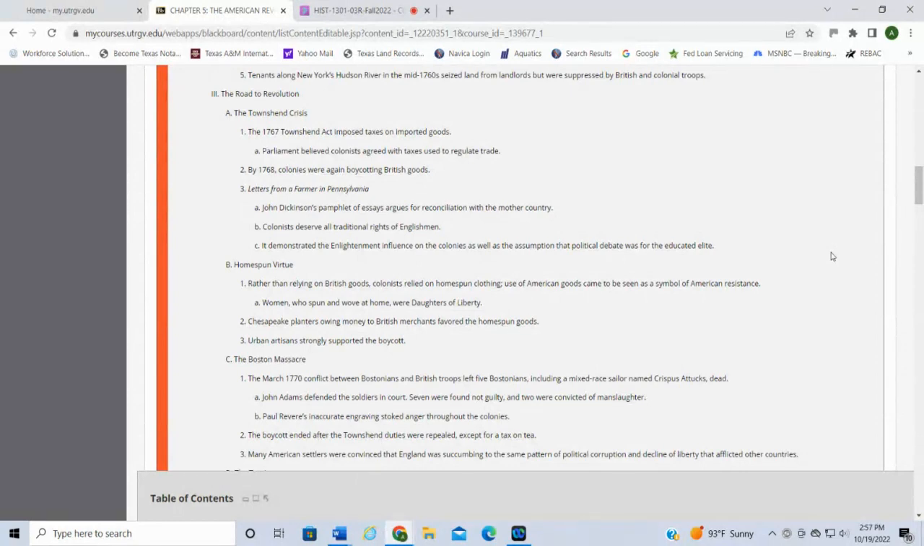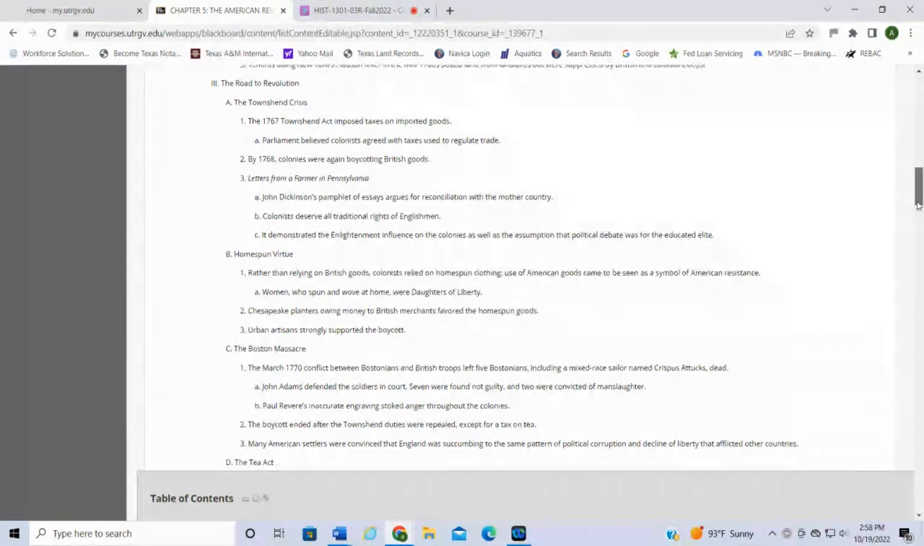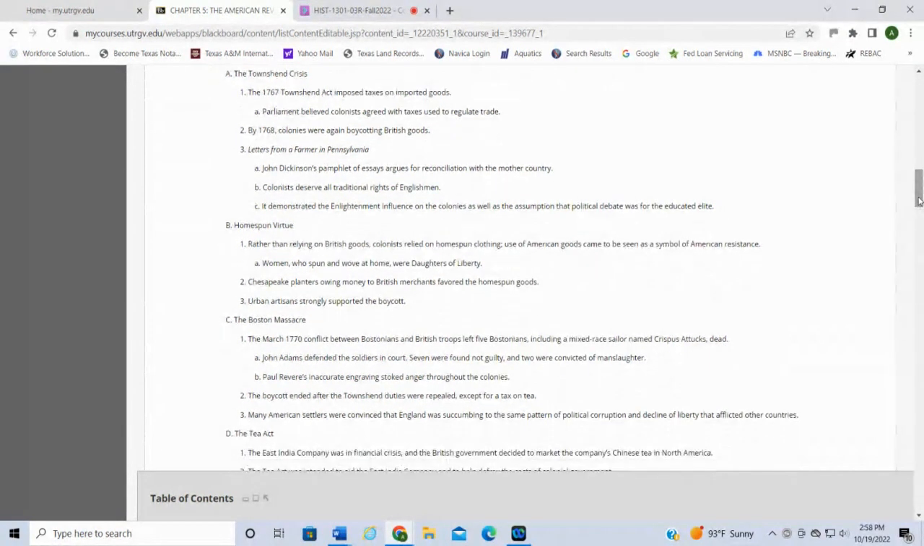John Dickinson's pamphlet of essays argues for reconciliation with the mother country. So there, again, there's still disagreement about whether they should stay within the British Empire or strike out on their own, right? So colonists preserve all traditional rights of Englishmen. It demonstrated the Enlightenment influence on the colonies, as well as the assumption that the political debate was for the educated elite here. We're going to talk about Thomas Paine's Common Sense here in a bit, how instead of just